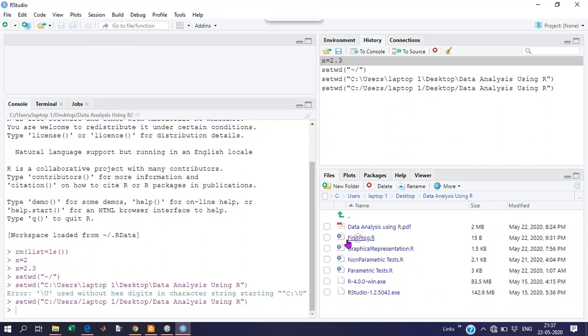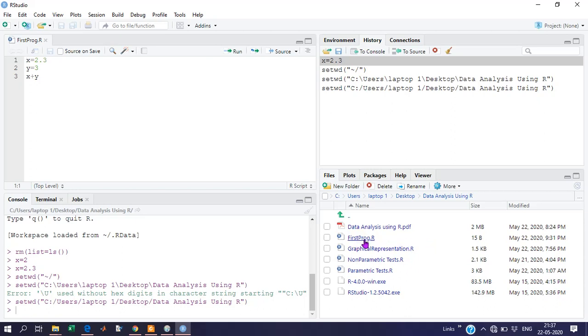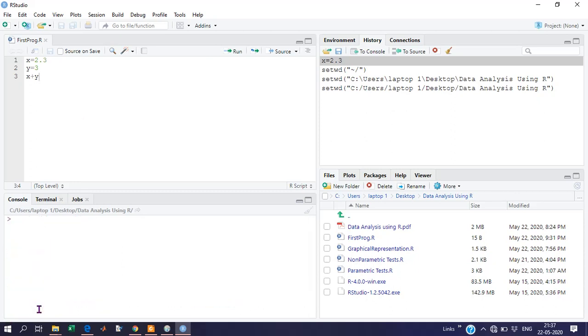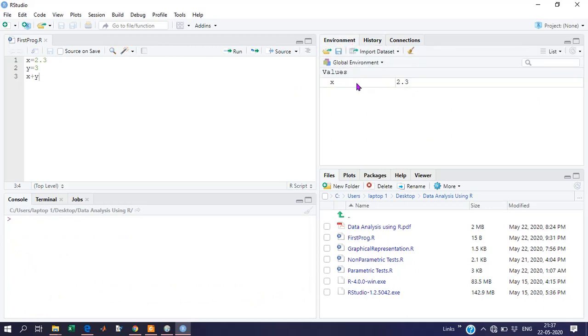Okay, let's go for that first program. x is equal to 2.3, y is equal to, we have saved that in .R. To clear the console we can use Control L. It will clear the console, but you can observe that the variables remain even though I have cleared the console. Let's run this. To run it is quite easy.